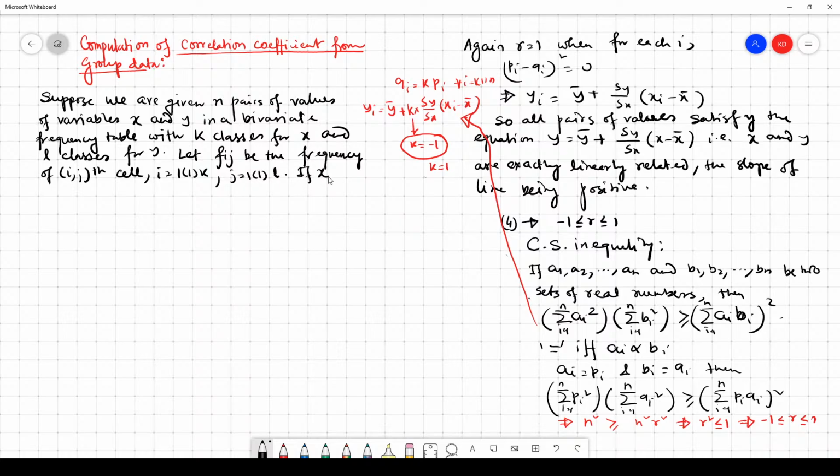If xi and yj denote respectively the class marks of the ith class of x and the jth class of y. Then